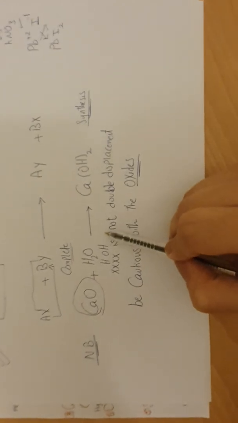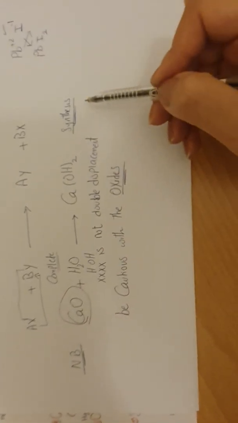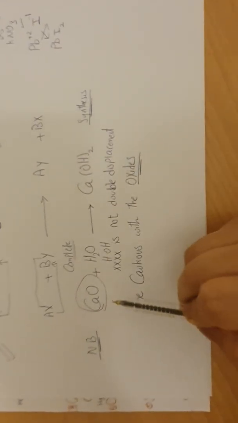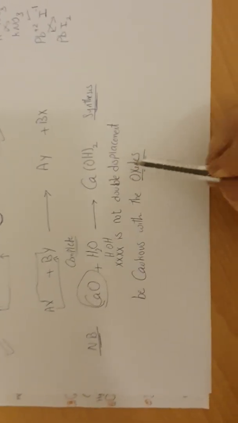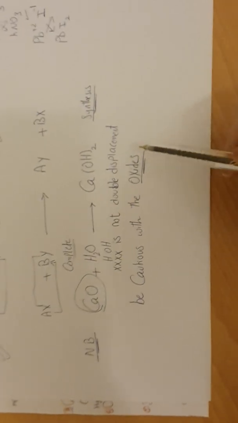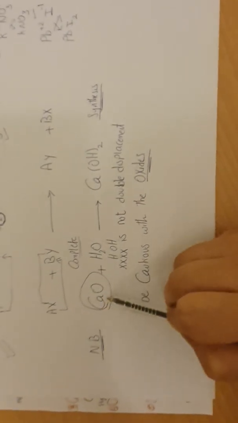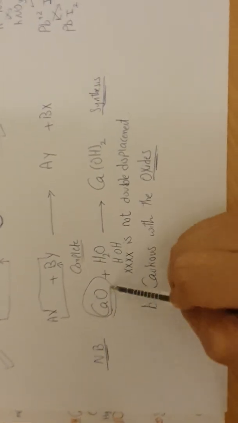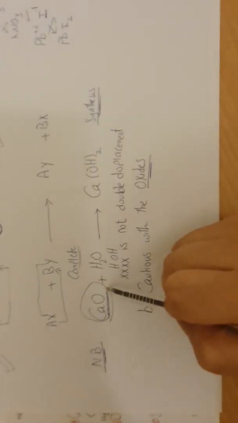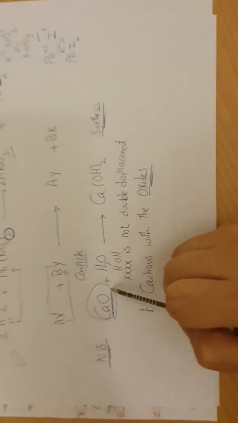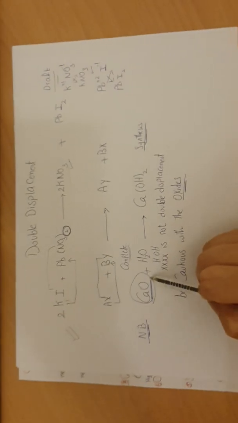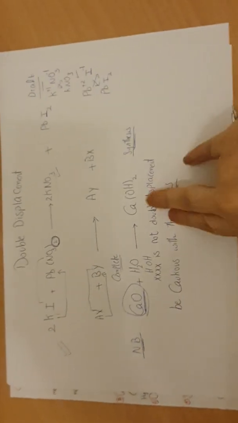Why is it not the case here? We will take it in the synthesis in detail, but for now, I want you to be very cautious. Once you find that the compound in front of you is an oxide, it is synthesis and it is not double displacement. Clear? Okay, so let's go to the next type,